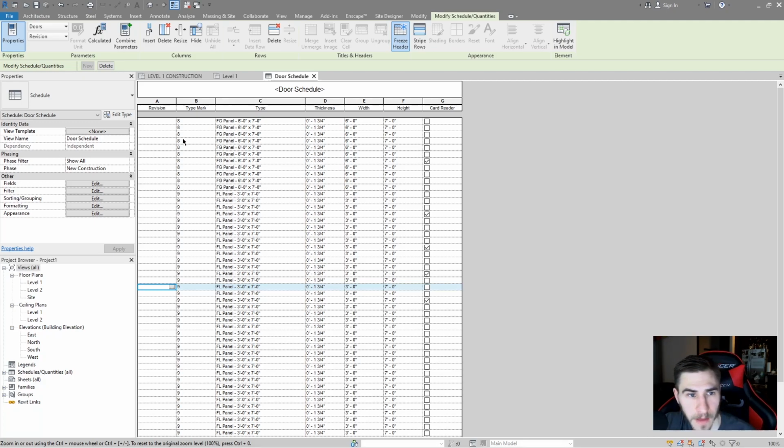So all I need to do is say maybe this first door was revised for the first reissuance of a package. So all I can do is hit X and move on. At this point, going to my door schedule, I would only cloud that single field, and that would notate and make sense as to the entire door being updated in some way or fashion without having to